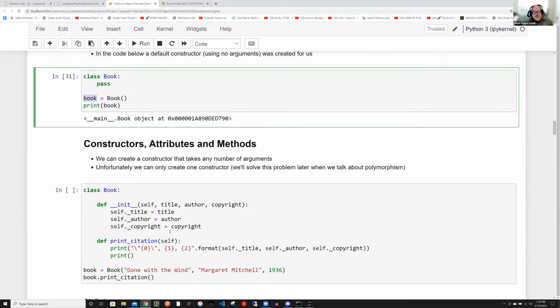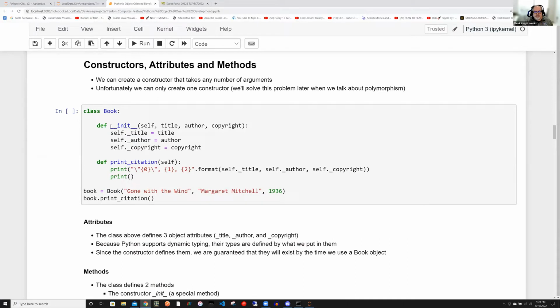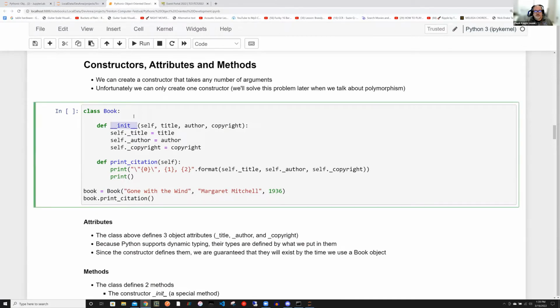So the way this line down here happens is the book class uses a constructor, and it constructs a book of type class, and it uses this, which is called a constructor. So we can create that constructor. It can take any number of arguments. Unfortunately, we can only have one constructor unless we use, as we talked about before, args and kwargs, and that's how you would implement something that could take any number of arguments. But in our case, let's say we don't know that yet. It only